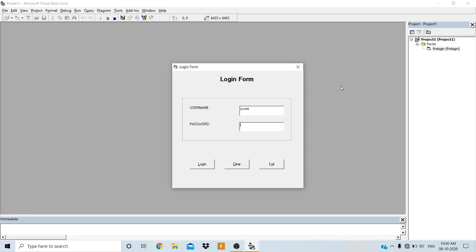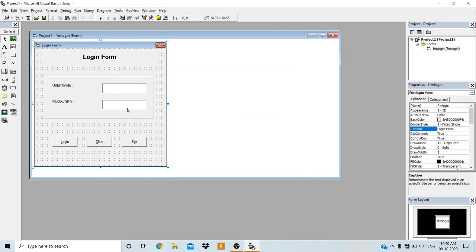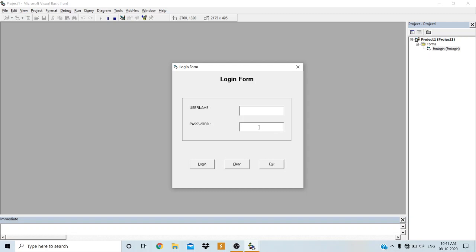So we have a property for the text box. Select this text box first and we have the property called password char. This password char is nothing but we can set any character, and when we set any character here, that same character will be displayed on the text box if you enter any text. I will just set it to star password char, and when I run the application now, if you write any text on this text box, see here it is appearing as star.